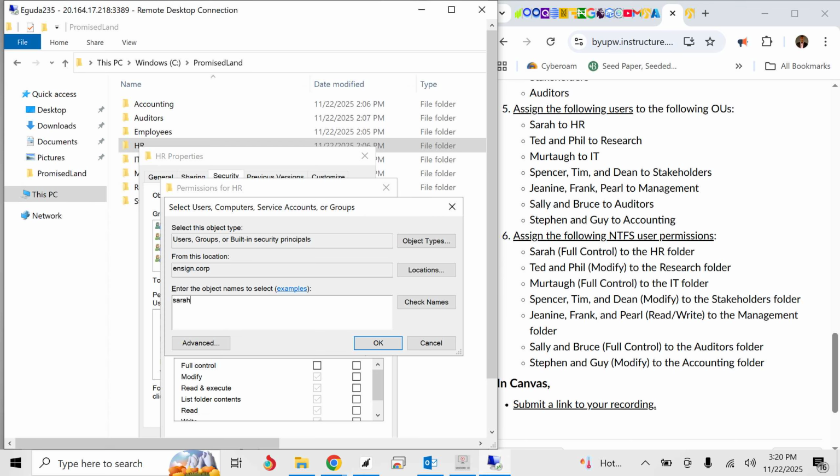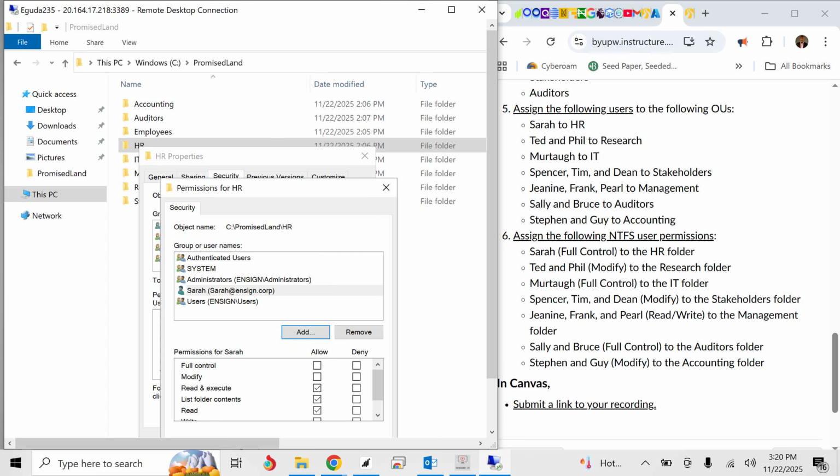So anybody you want to add to any folder, any account you want to give access to a folder, you can always come here to check. If I click on check, it will show me whether this user account has been created already. If not, it won't go anywhere. So once I click on check, you can see I have Sarah at ensign.com. So next thing I do is I click it. Now once I click on OK,